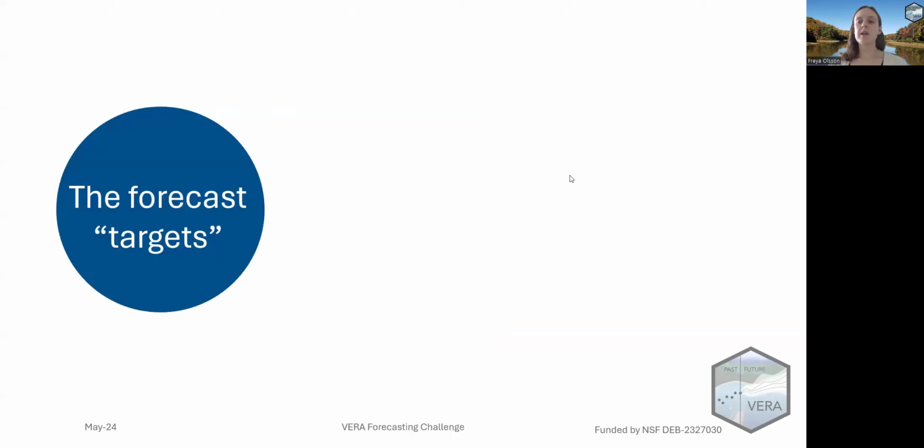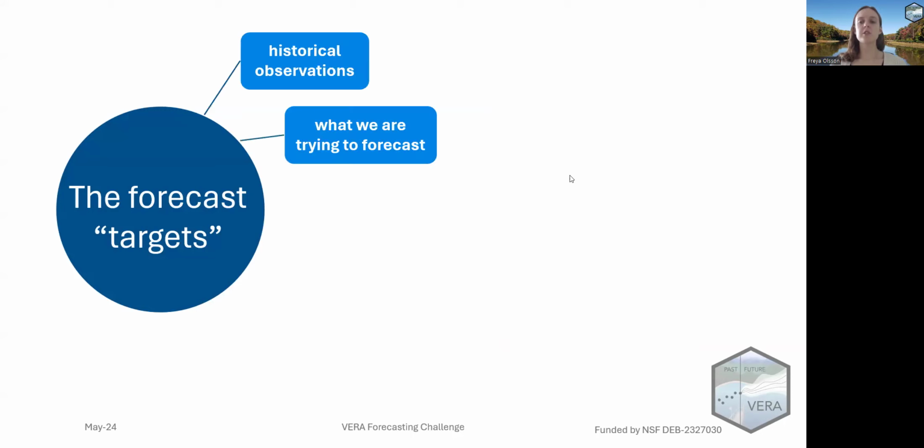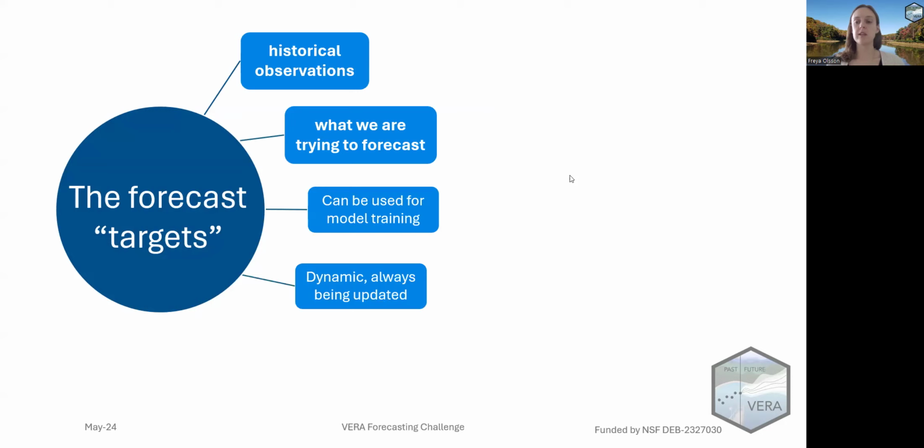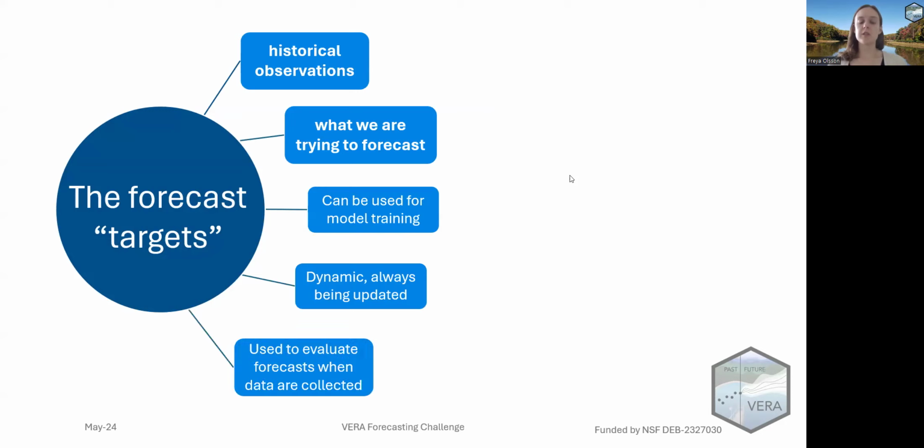The first key term is targets. When we talk about targets, we're thinking about two key things. Firstly, these are the historical observations that have been measured at our forecast sites. And second, this is ultimately what we're trying to forecast. These data can be used to train a model. But due to the real-time nature of the forecasting challenge, the targets are constantly being updated as new data are being collected. These data are also what will be eventually used to evaluate your forecast once the data are collected